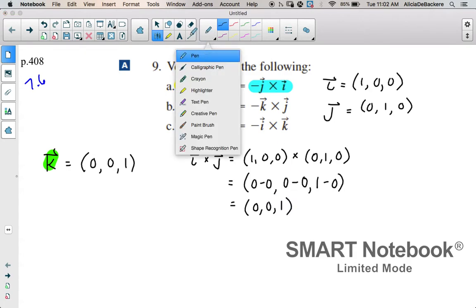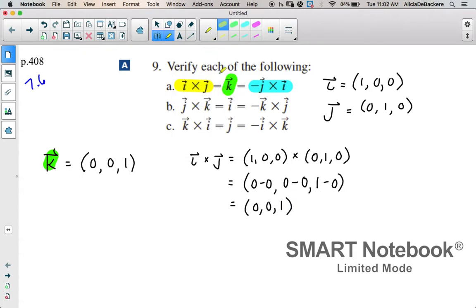So that's this one here. And we've proved then that these first two are in fact equal to each other, 0, 0, 1. So we've got one left to do. We're going to check the blue guy,